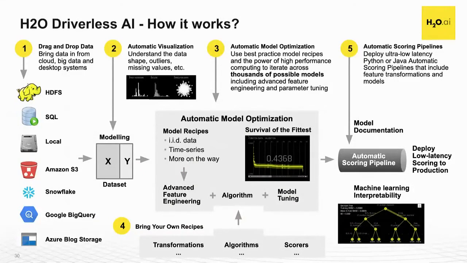So as we look at a workflow, you get access to the data, and there are lots of different connectors. Bring a data set. Driverless AI is focused on supervised learning, which is learning by example. So you have to have something where there's an example of where you want to find a pattern. And then it enters this process of visualization, automatic machine learning, and then there's extensibility into that automatic machine learning. Sometimes we refer to those building blocks as recipes.